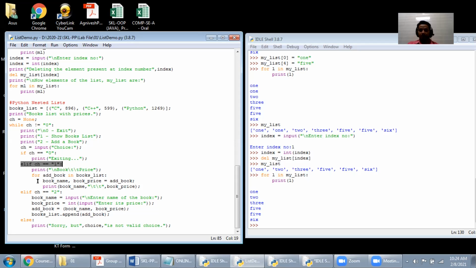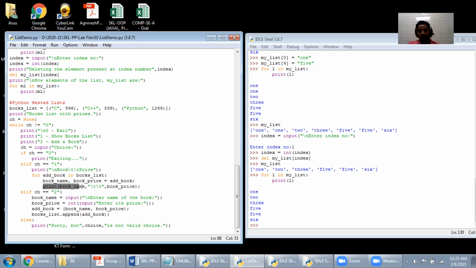For add book, this is the variable in book list. Book list is basically the name of your list. Then what we have taken, the data from that position. In the 0th position how many data will there be now? Two. One will be C and its cost, right? So this will be added into the book name as well as the book price. C will go into book name and 896 will go into book price. Hope you have understood. Similarly, for position 1, C++ will go into the book name, then 599 will go into the book price, and after that we'll display both the things.